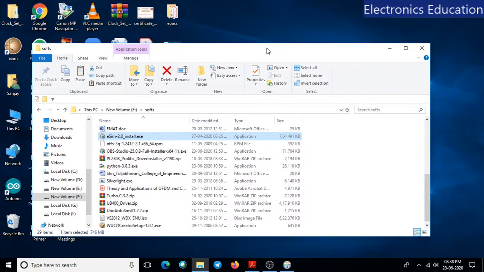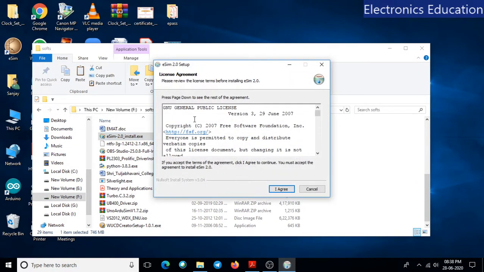It will ask, click yes, then it will continue with the installation. But I have already installed the software on my PC, so I will not install it again, but through this process you can install. This installation will install all the necessary packages to run this particular software. So I will cancel it.